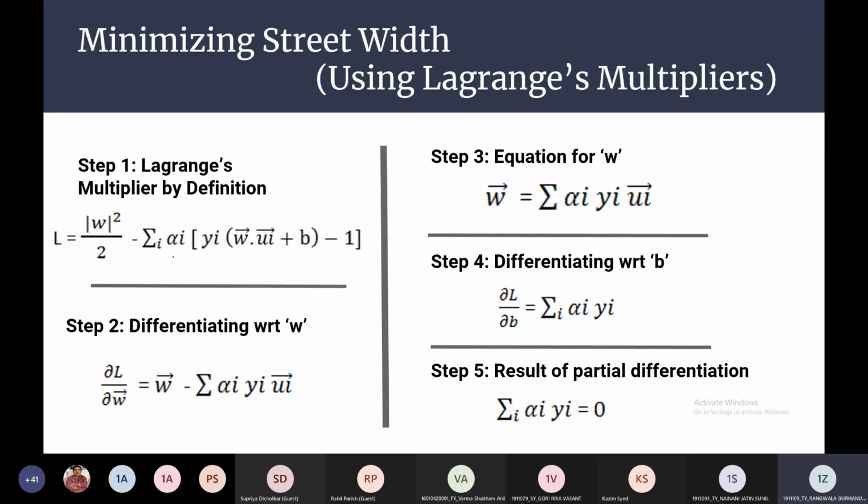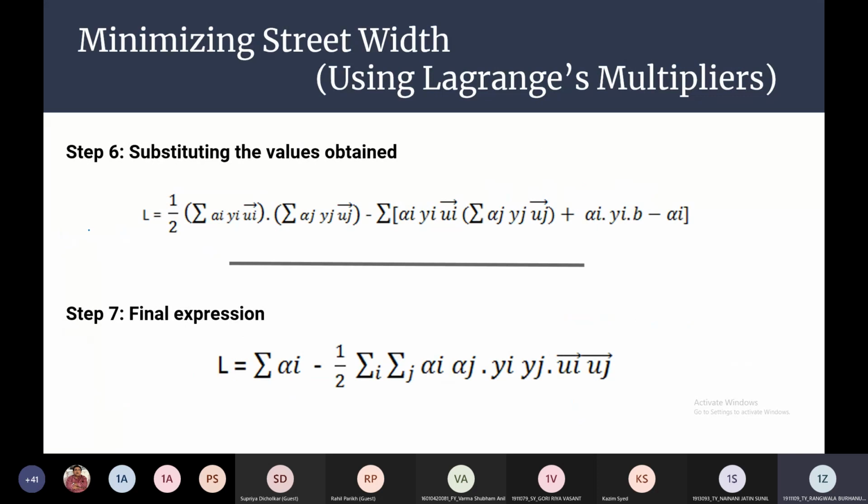The alpha i here is one of the Lagrange multipliers. Then we just differentiate this with respect to L and with respect to W and B, and as the Lagrange multiplier states, this entire thing is equal to 0. So you can easily find these values and substitute them in this big equation, the one in step 1. Doing that will give you this big equation, and when you minimize it, you'll get this.